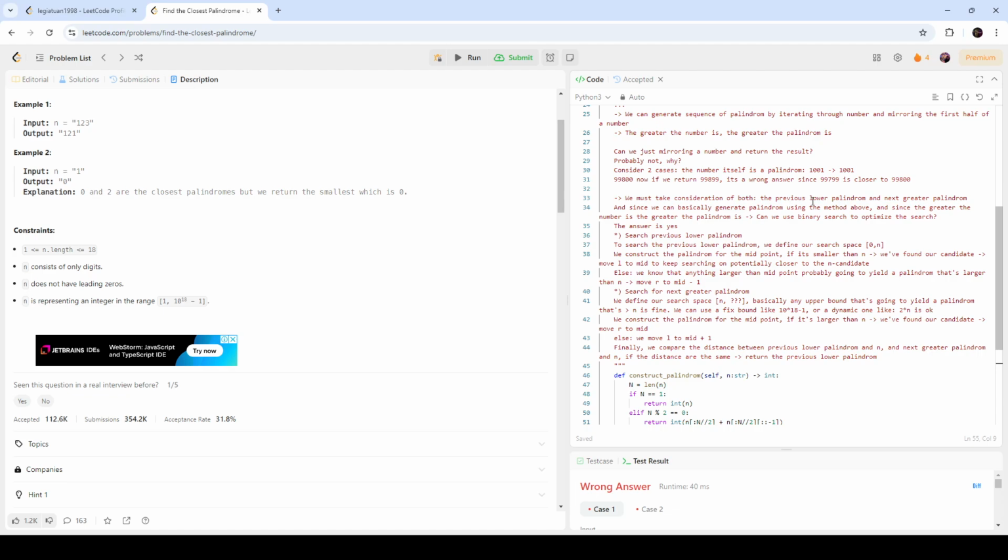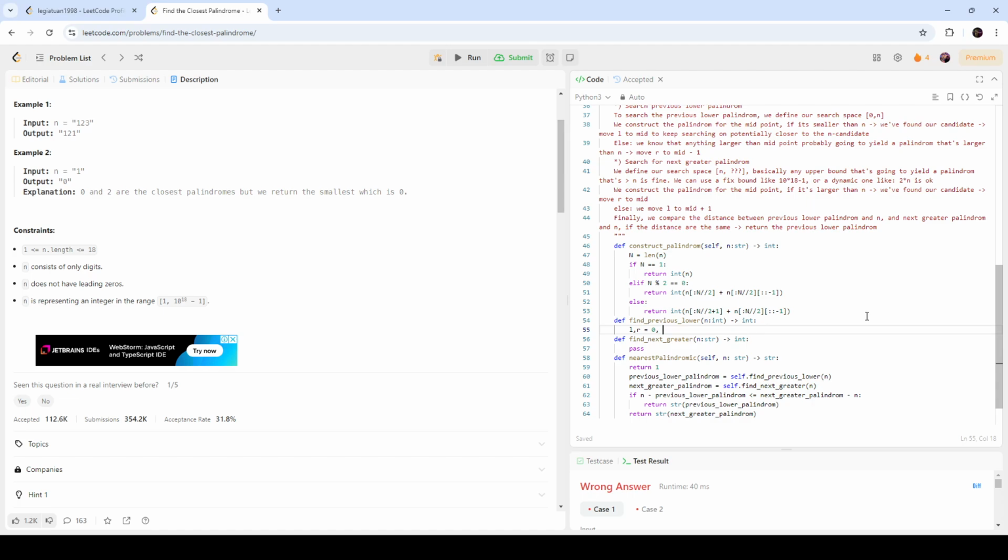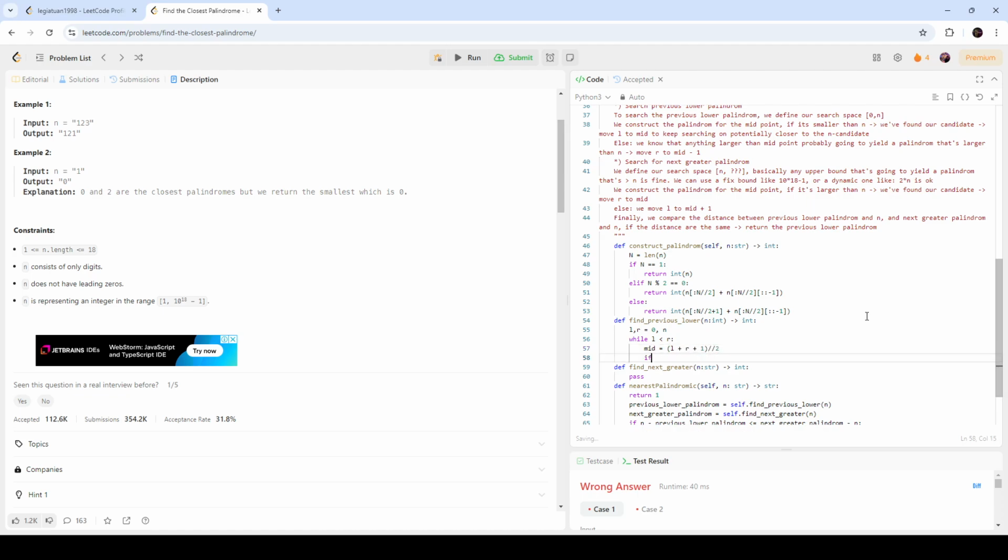So as I've said, we need to define our search space from 0 to n, right? So left, right is equal to 0 to, let's call it int. Okay, so we can basically just do this, right? And then while l is smaller than r, our mid is l plus r plus 1 divided by 2, and if we call self.construct palindrome, our construct palindrome will receive